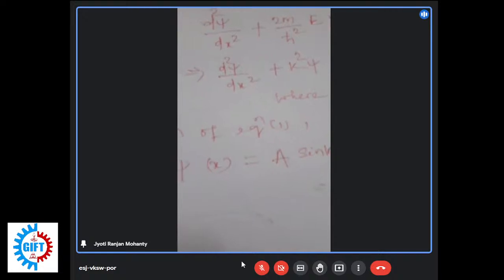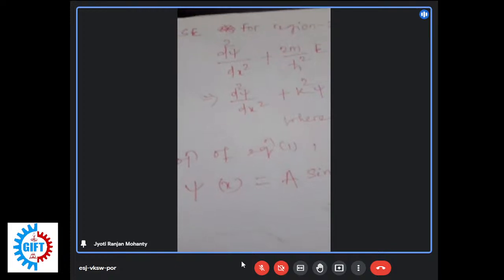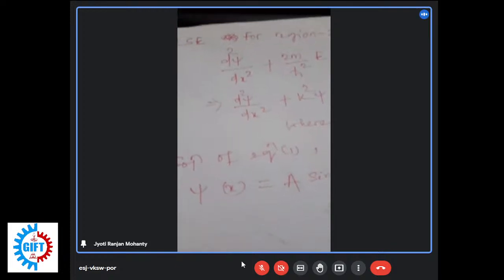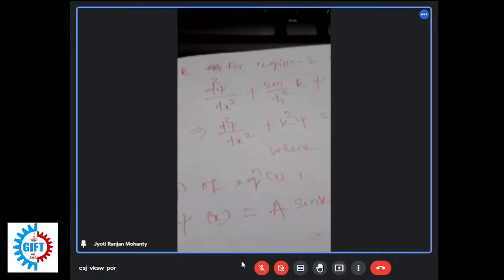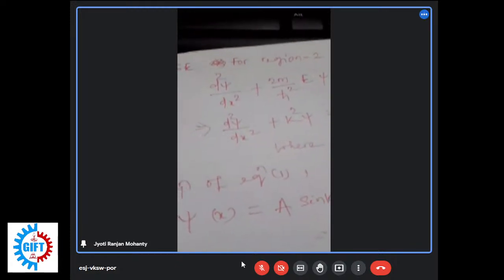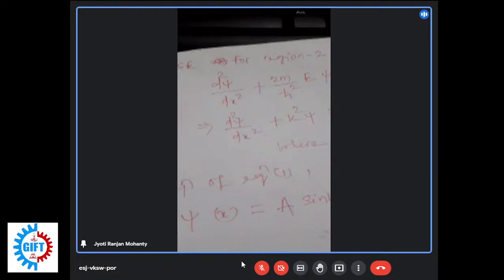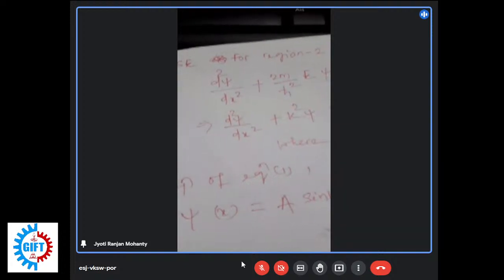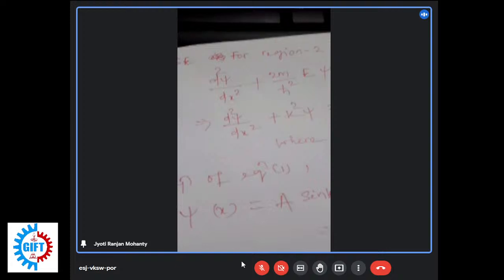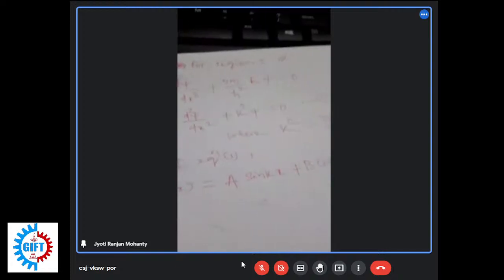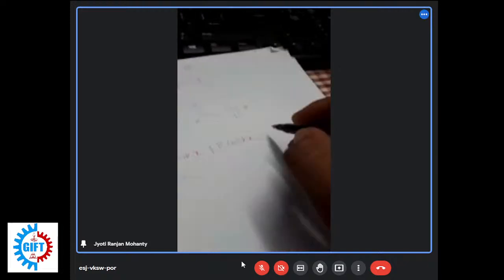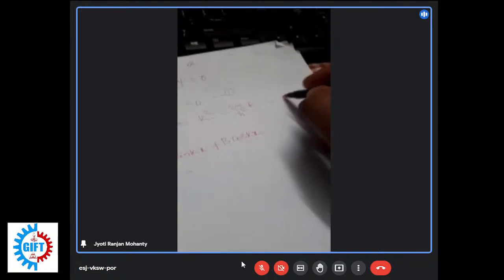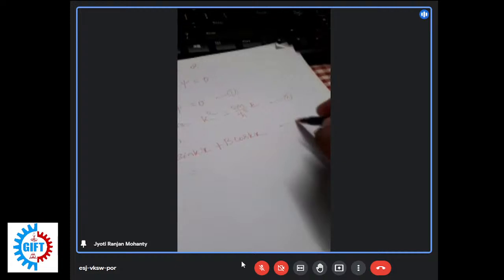To write the equation in a more convenient way, I have used trigonometric functions, so that e to the power ikx and e to the power minus ikx can be expressed as a combination of sin kx and cos kx. This is equation number 3, where